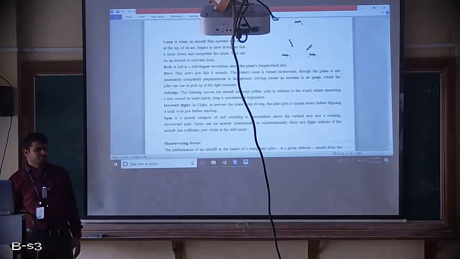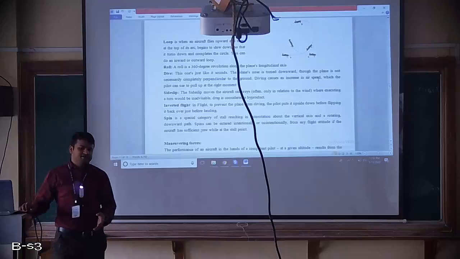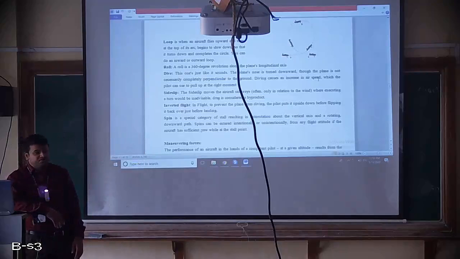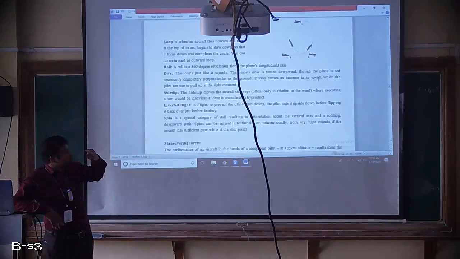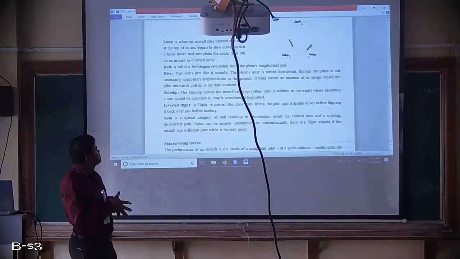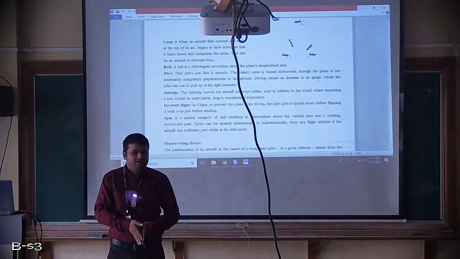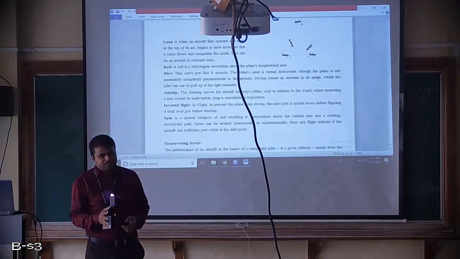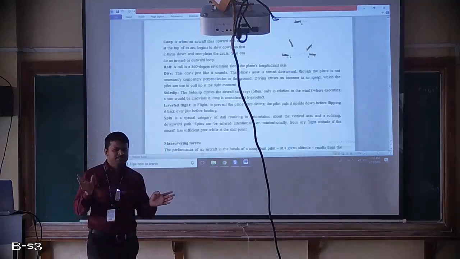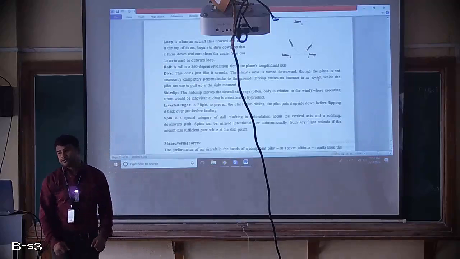And finally, dive. Dive is just like it sounds, like a dive in the air, or as you say, a dive in a swimming pool. Similarly, this is diving in air. The nose of your aircraft will turn downward, and the plane goes perpendicular to the ground, diving perpendicularly down. But that is not necessarily the case. It need not be perpendicular to the ground; it can also be at certain degrees. Diving is basically making the aircraft nose point in a downward direction. That is one kind of maneuver.